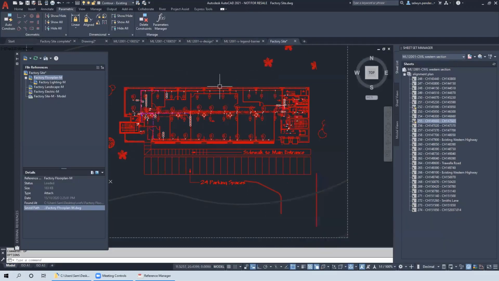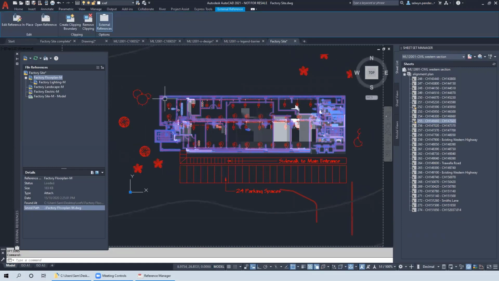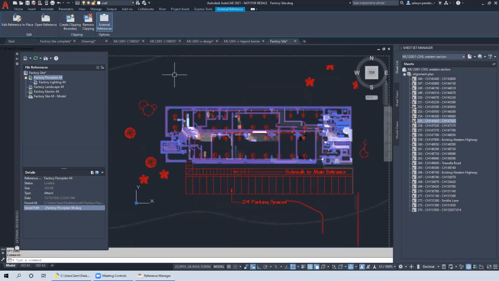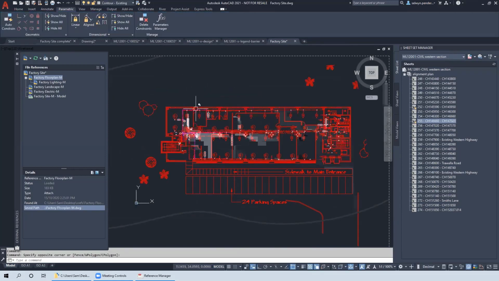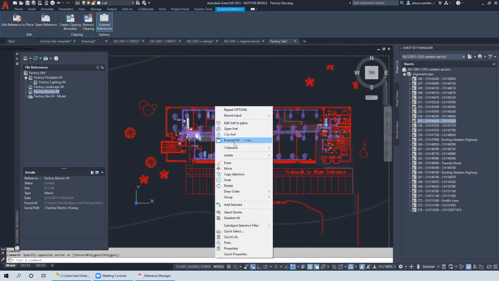Binding an X reference into AutoCAD, into your current drawing. As you know, with an X reference, it's an external file. We may be going to archive our drawings at some stage, and we want to insert or bind the reference file into our current drawing. To do that, we can click on the X reference, right click, and there'll be a bind option in here